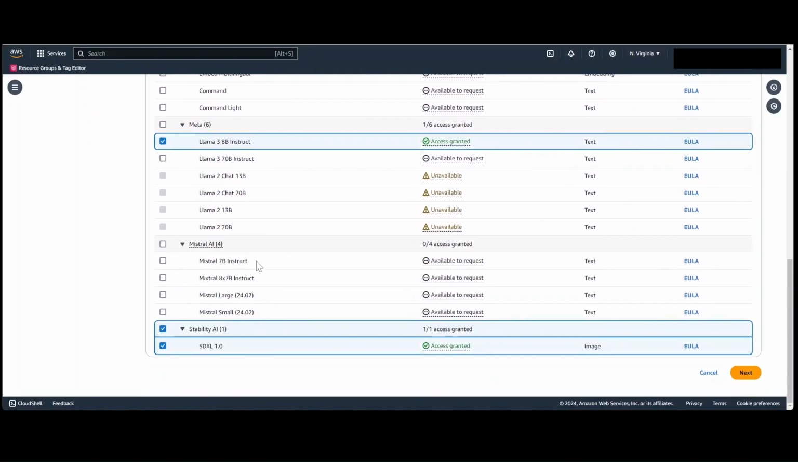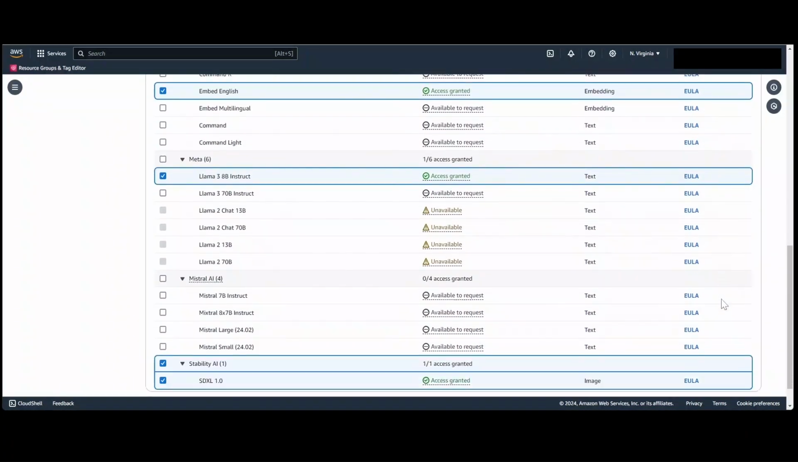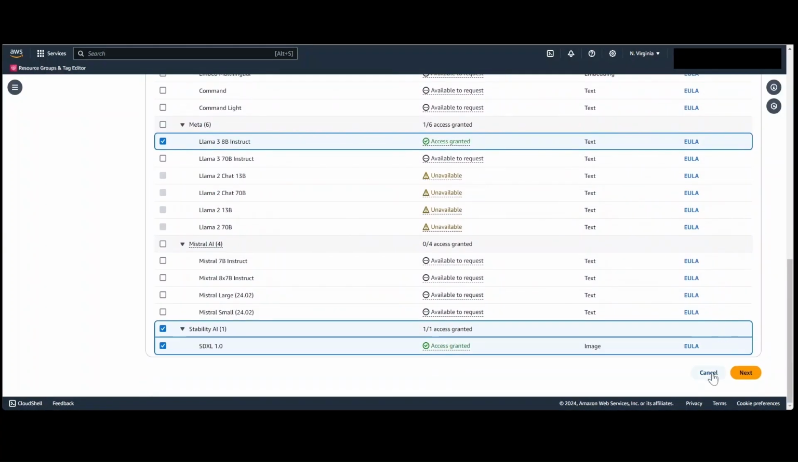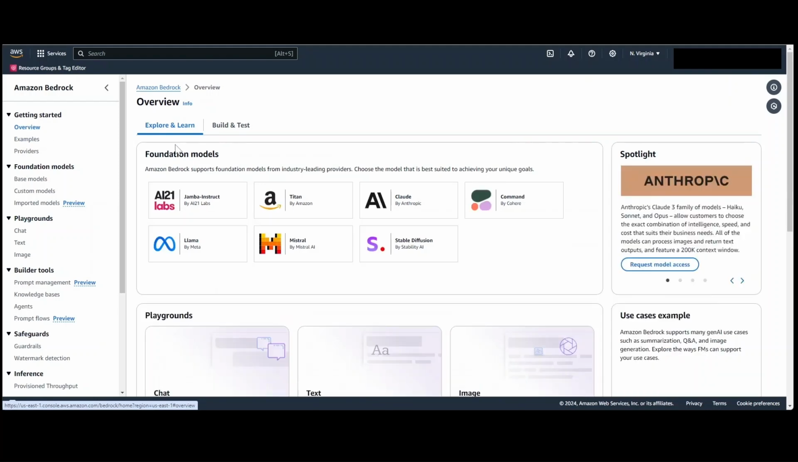In this video, we will be working on the Getting Started menu option, Foundation Models, and a bit about Playgrounds. If we go to the Overview option, we will notice the providers I mentioned earlier, such as AI21 Labs, Titan by Amazon, Claude by Anthropic, Command by Cohere, Llama by Meta, Mistral by Mistral AI, and Stable Diffusion by Stability AI. The Playground section also appears, where we will see some predefined use cases, and we can work with them,